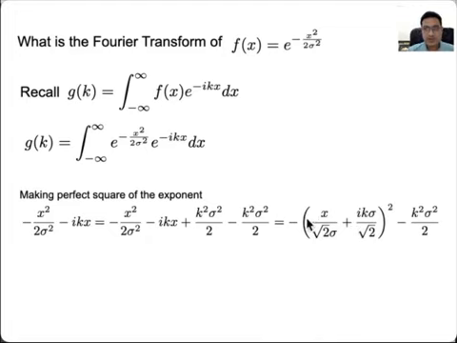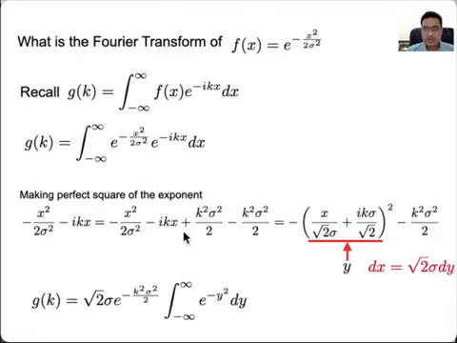So this is the perfect square you will get, and you get this additional term. And now this is a big function of x. To simplify things a bit, I can do a substitution of variable and call this value y. Then I substitute everything back. So what I got here is this one. I got square root of 2 sigma here. This is my x or y independent part, which I have taken out, and this is the function I got.